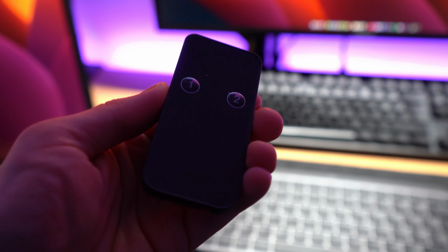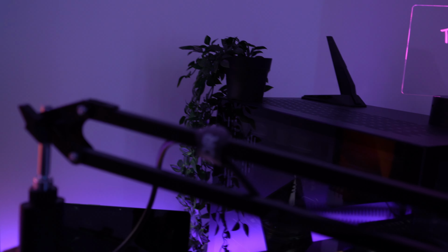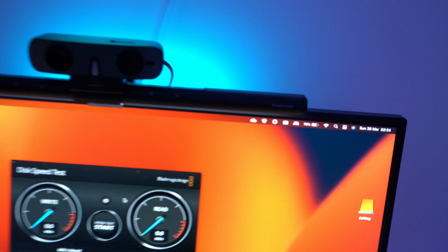And the KVM switch is there, and you can barely see it. I don't know if you can see it, but it's that blue light just there. It comes with this handy remote, which is great. That means I can switch between two of the computers. At the moment, I've got my MacBook on, since that computer is so loud for some reason. I need to find some fans that are just quieter, or a better microphone. I don't know, but